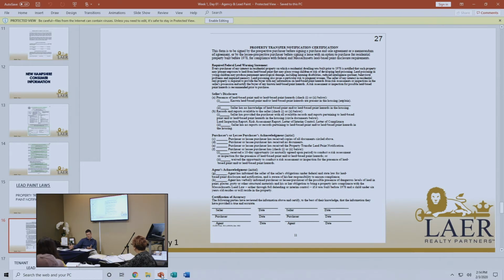Now, knowledge could mean that he didn't have any reports done or that he's never had it tested himself. That's the way this law is written too, and I think we all know it, it rewards no knowledge. So the less knowledge you have, the better it is for you. So we're essentially rewarding sellers for not knowing and not doing their due diligence. However, I think that's going to change because the way the law is now, if one reads the lead and they have a child under the age of 6, when they buy, it's on them within 90 days to get this place tested and remediate.